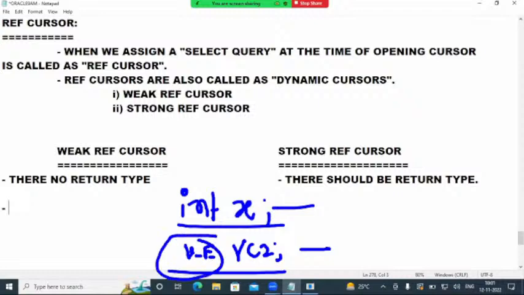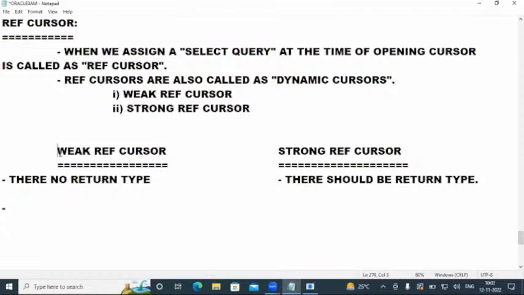So when declaring variables, a data type is needed. The same applies to a weak ref cursor variable: it should have a data type, and weak ref cursors have a predefined data type